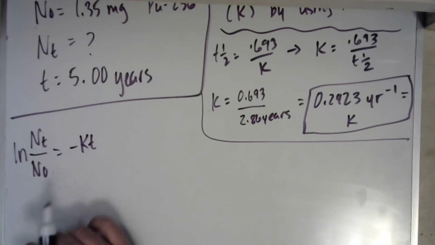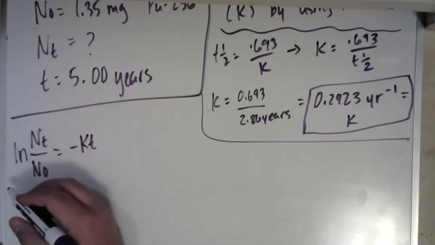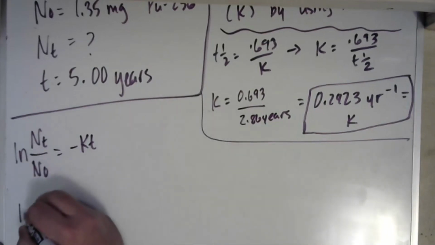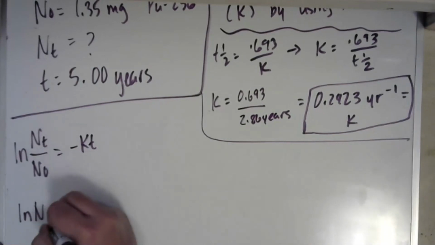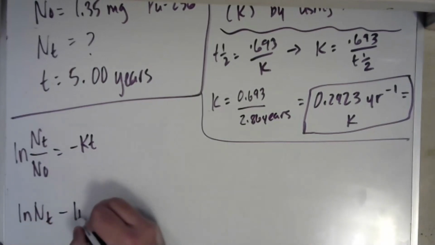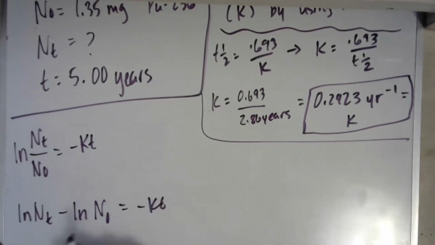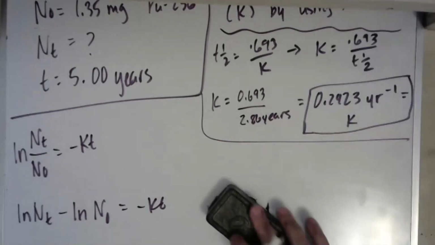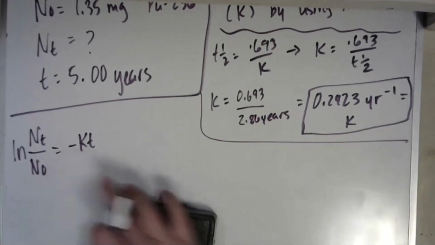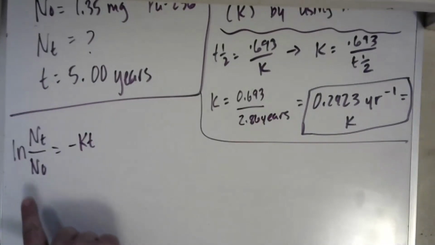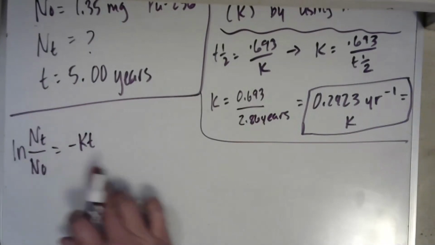to use. The one that I wrote on the previous whiteboard was this version of it, where you have ln of nt minus ln of n0 equals minus kt, and then we put the n sub 0 on the other side. But I think it might be easier to solve it with this version, okay? Because we can plug in a lot of these values straight away,